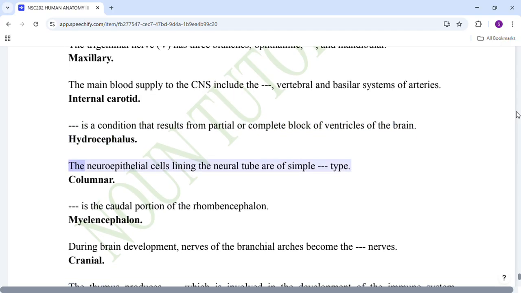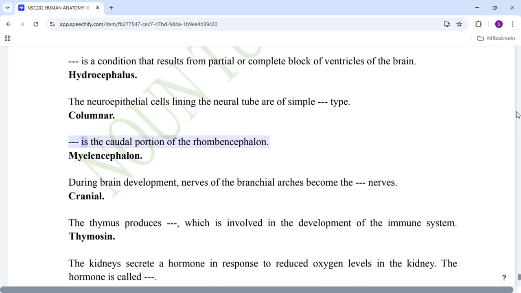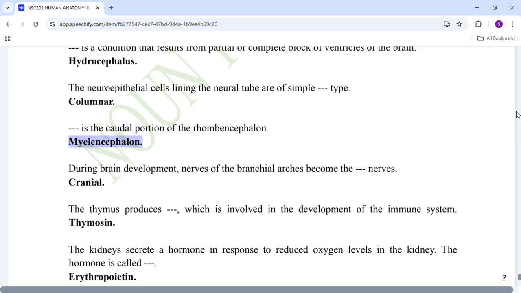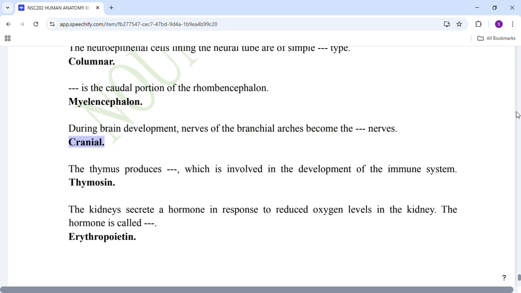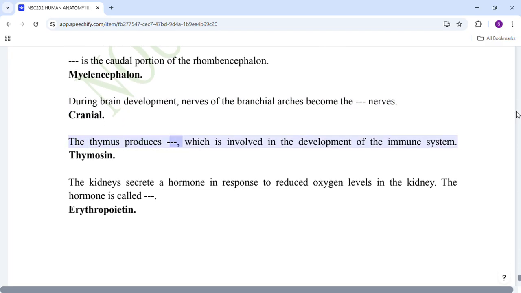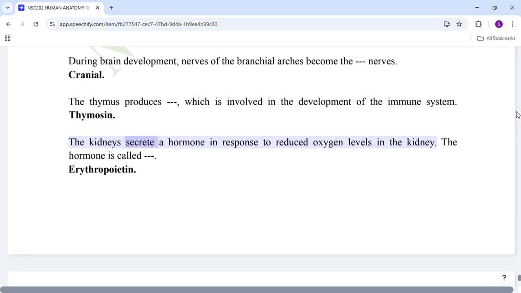Hydrocephalus. The neuroepithelial cells lining the neural tube are of simple columnar type. Columnar. The myelencephalon is the caudal portion of the rhombencephalon. Myelencephalon. During brain development, nerves of the branchial arches become the cranial nerves. Cranial. The thymus produces thymosin, which is involved in the development of the immune system. Thymosin. The kidneys secrete a hormone in response to reduced oxygen levels in the kidney. The hormone is called